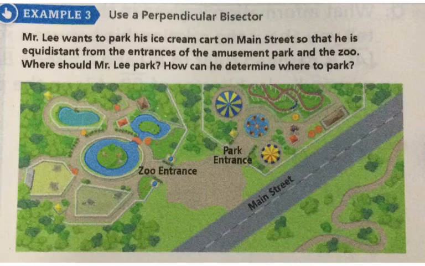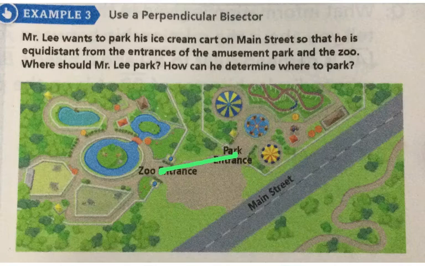So how can he figure out where the middle is? Here's what we're going to do. We're going to label the two entrances. Let's pretend we have a point here at the zoo entrance, and a point here at the park entrance. If I draw a straight line from the zoo to the park, then draw a line to the middle of that,